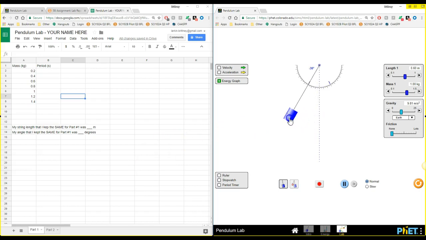Again, do not use my example. The masses are what we're going to be changing in part 1. So I'm going to change the mass using the slider, and I'm going to put it down to 0.2 kilograms.